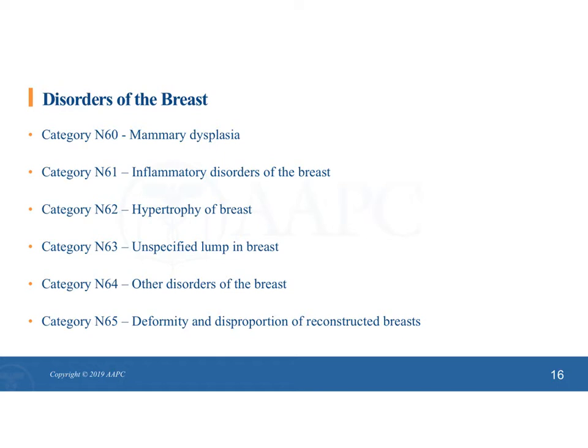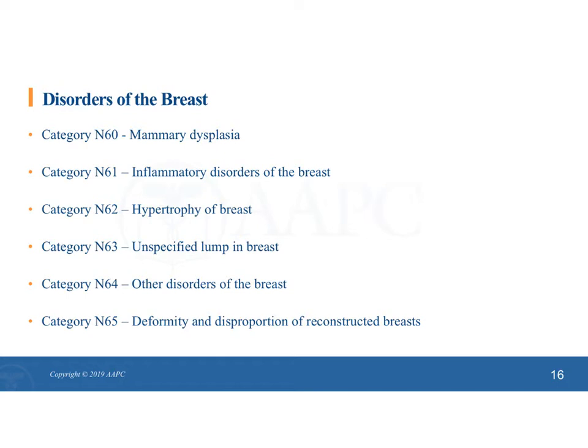Dysplasia is abnormal tissue. The most common mammary dysplasia is fibrocystic disease or mammary cyst. Fibrocystic changes in breast are common and are often a diagnosis associated with an E&M code or breast exam. Category N64, other disorders of breast, is where you will find common signs and symptoms of the breast, such as pain in the breast, N64.4,